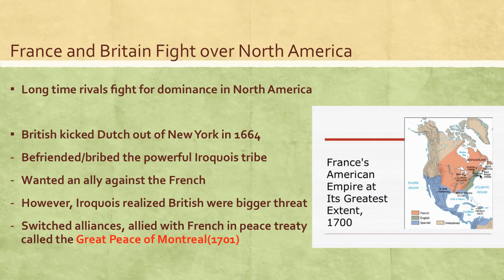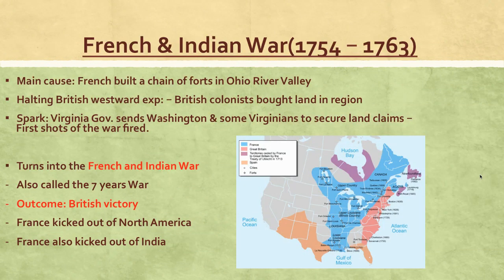And this is going to set the stage for what becomes a massive conflict, one of the first world wars in history, what we call the French and Indian War, what the Europeans called the 7 Years' War. And again, this is a conflict that ensues because the British want to move west and further into the North American continent, but the French are already entrenched there. They've built chains and forts as they follow the beaver further into the continent. And so because of this, we have our spark, a Virginian, still a British citizen,